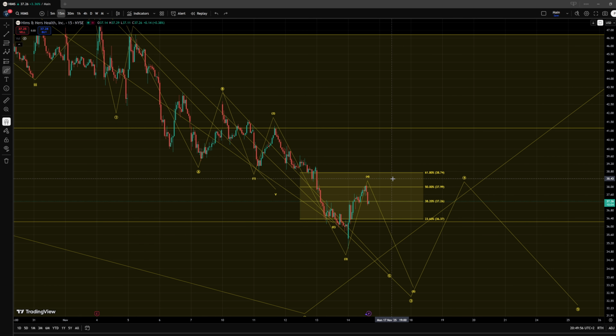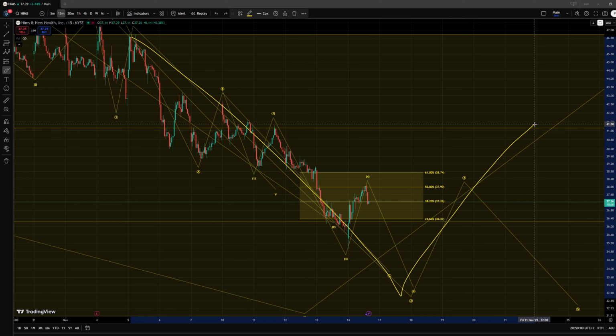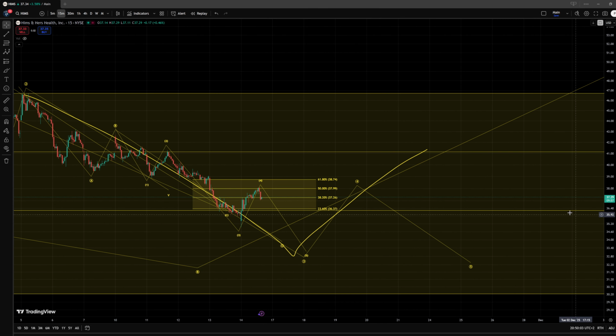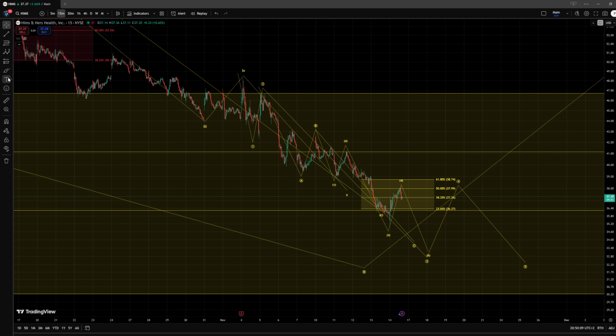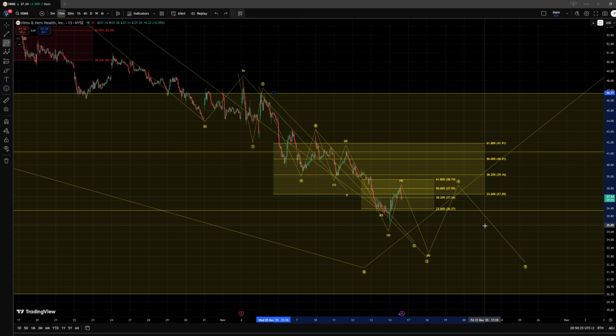Now, assuming we push lower, we would be looking again for a resistance here in a wave 4 to determine that this pattern may actually be complete. We would need to break that resistance. Now, I cannot give you the resistance for the future where we already have the fifth wave down, because I would need the low point, the actual bottom that we would form within this wave 5, which we don't have currently. But if we were to track right now what resistance we really need to break,